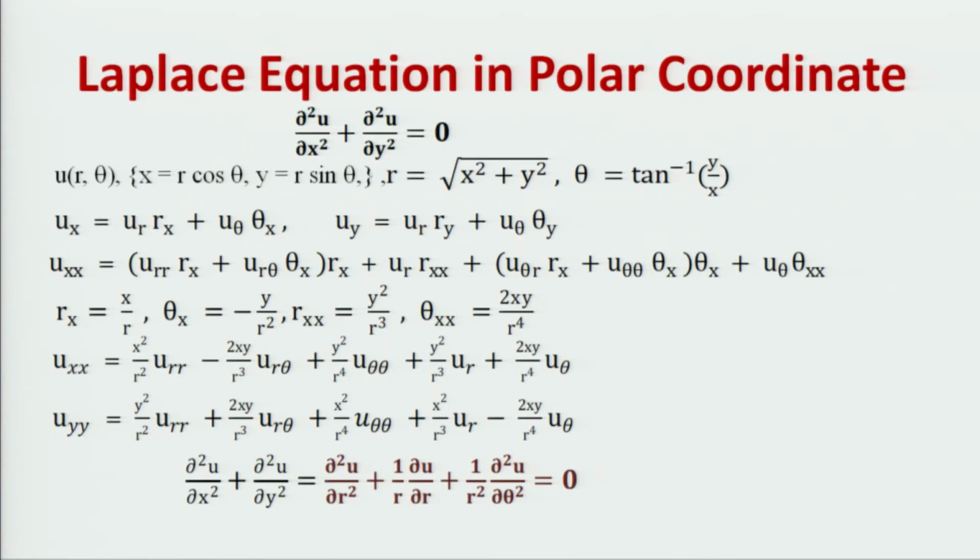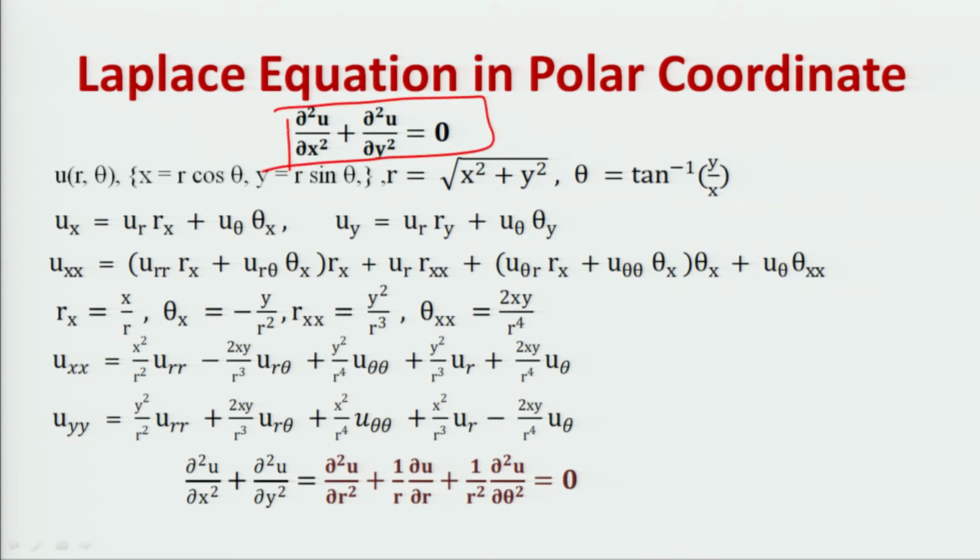Okay. In the polar coordinate system, this is the case of the Cartesian system. What would it become in the polar system? In the polar system, as we know, x equals r cos theta, y equals r sin theta, or r equals under root of x square plus y square. So, the Cartesian equation of Laplace is this much.